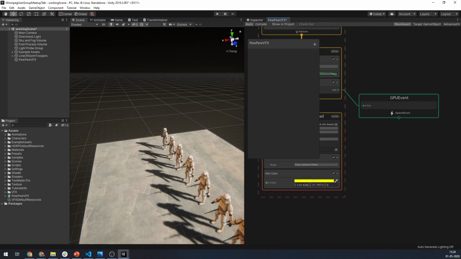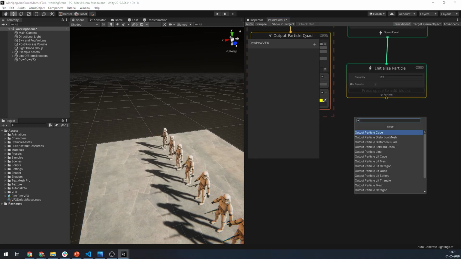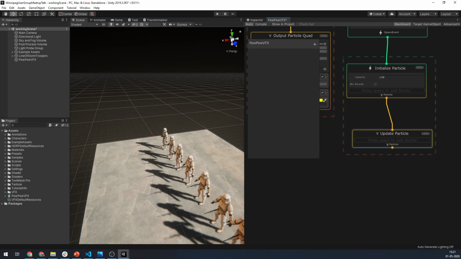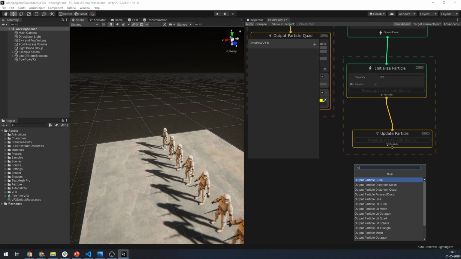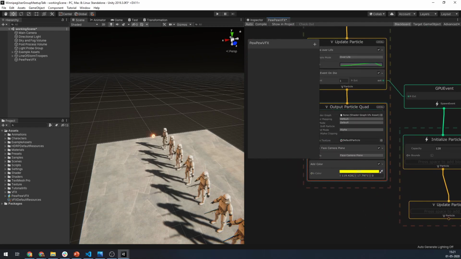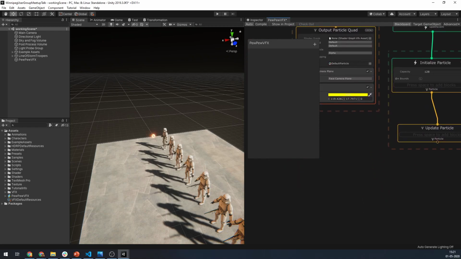So we'll go ahead and start creating the bare bones structure of the particle system. I'm going to initialize particle, go down, and have an update context,